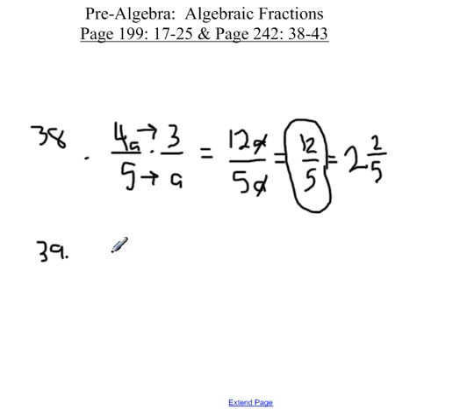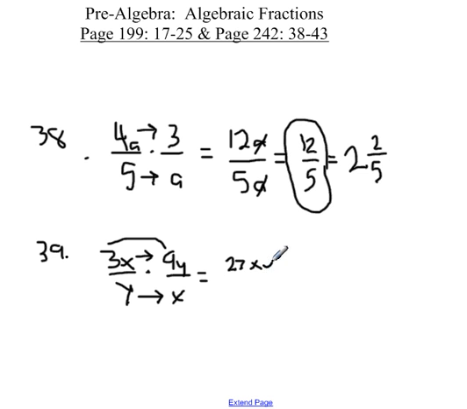Right, number 39 is 3x over y times 9y over x. So I'm going to go ahead and multiply across the top. You can cross simplify here, but I'm not going to introduce that just yet. You have 3x times 9y. Multiply your 3 and 9 together first, and you get